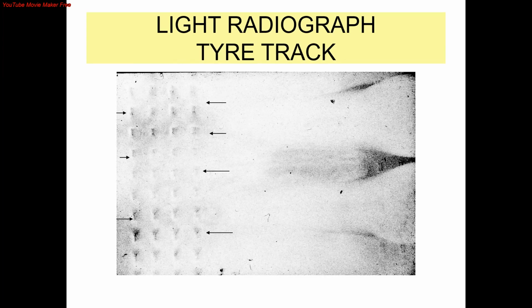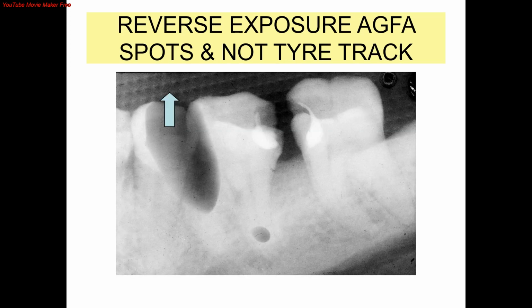Now, in this slide, the light radiograph is due to reverse exposure, meaning the film was exposed from the tube side. In such cases, X-rays have to pass through the lead foil, which is on the back side of the film, and so the beam becomes attenuated, giving a light radiograph. The indentations, or so-called tire track appearance, are marked by black arrows in this film. It is also captured on the film. This type of design is seen on Kodak films, so the tire track appearance is Kodak specific. Reverse exposure in Agfa films shows this type of dotted appearance, as marked by blue arrows. So basically both are reverse exposure.